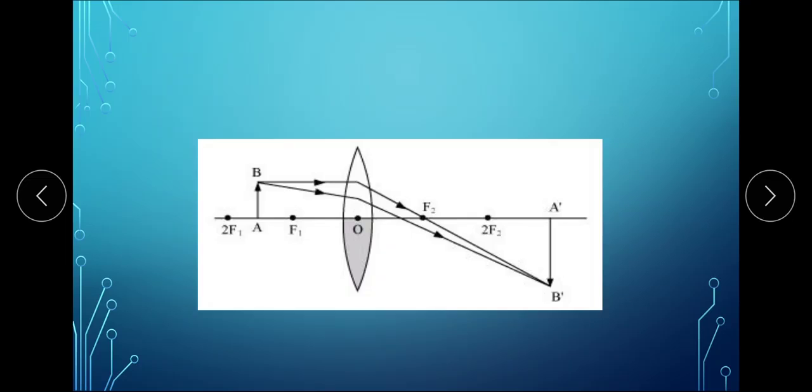We can explain this with the help of these ray diagrams. In this diagram you can see the lower half of the lens is covered with black paper. So these two rays which are passing from the upper half, so many rays will be passing from the upper part of the lens. I have taken any two rays which will meet to form the image of the object on the other side of the lens.